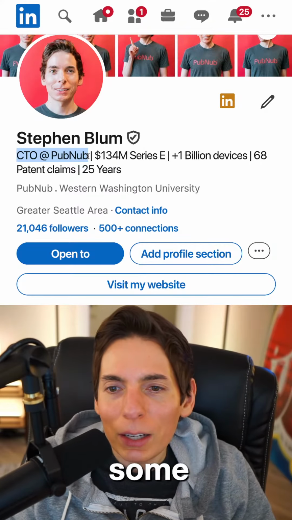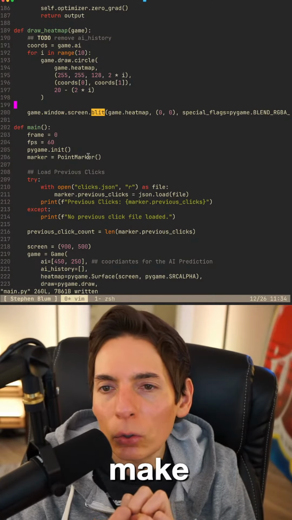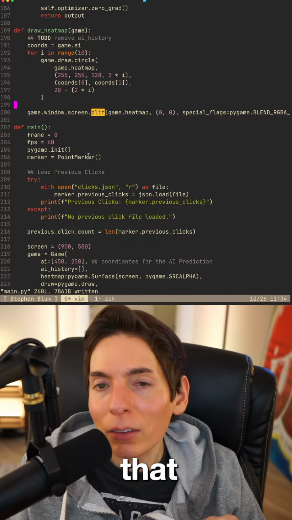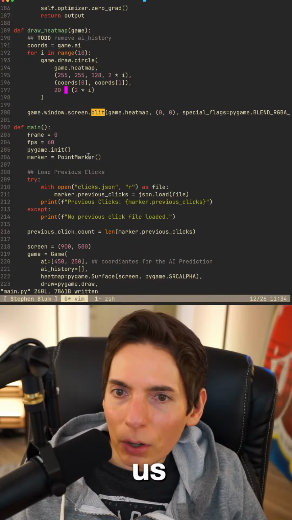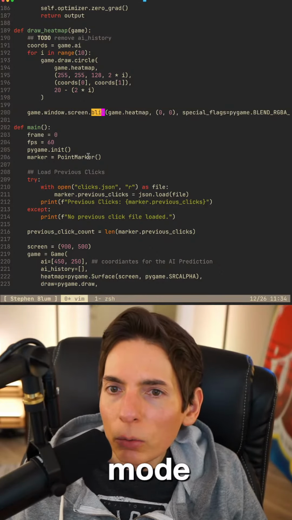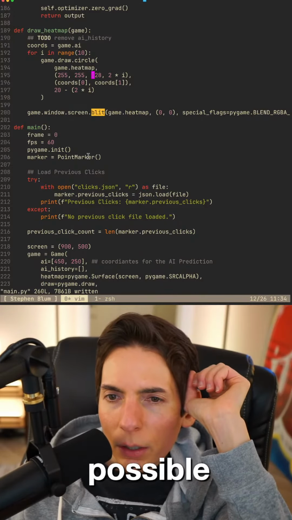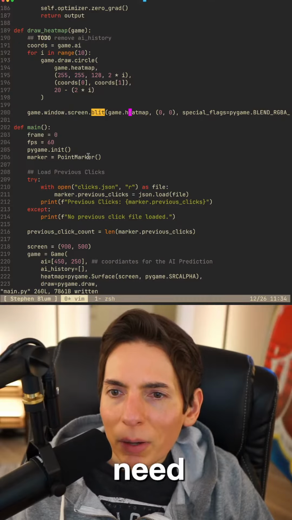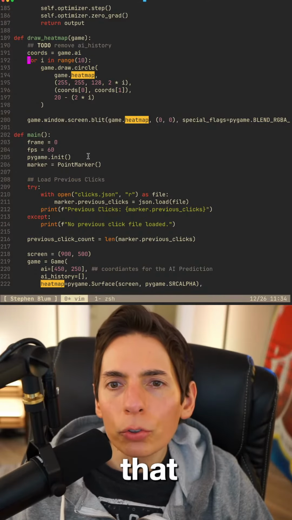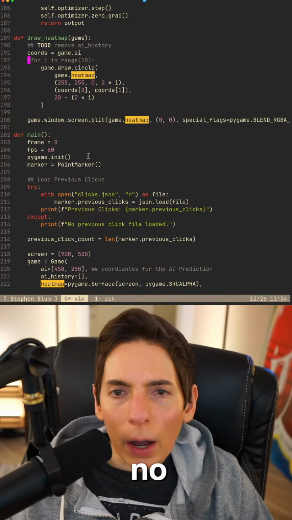Someday it'll happen. Right now though, we're here just to code and learn together, make our skills grow together, and prevent atrophy from the AIs that automatically generate all the code for us. So let me see here. I think we got a blend mode. I think what I need, let me see if we can do that. I don't know if this is possible. Let's see. I think we need to make a new heatmap, a temporary surface. Let's do that. Also, hold on. Oh, no. I messed it up.